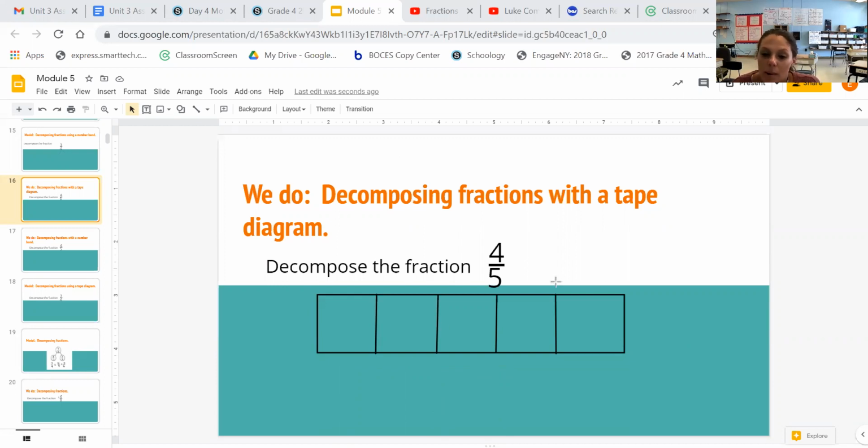So now that I broke it apart, I have a total of 5 parts. 1, 2, 3, 4, 5. There's my denominator, 5 parts. I'm going to color in 4 because that's